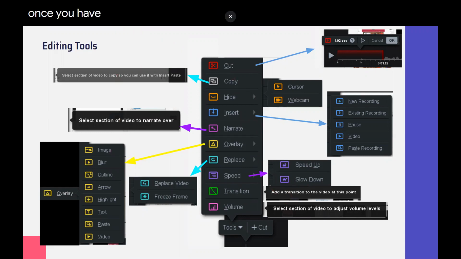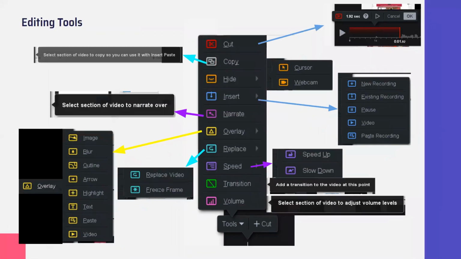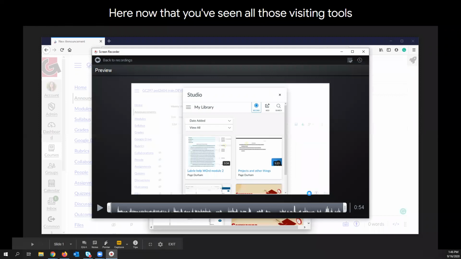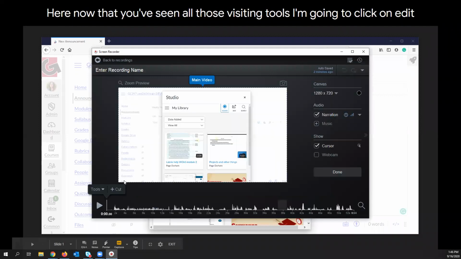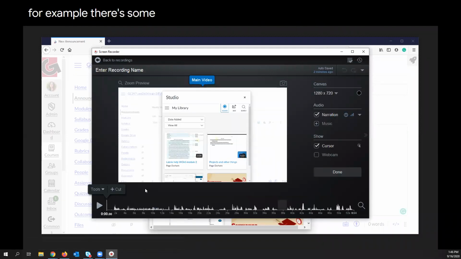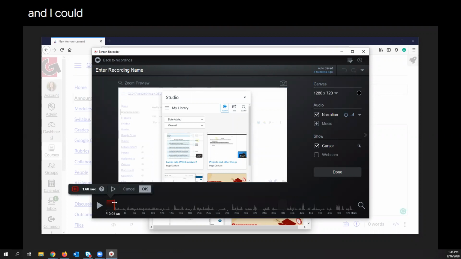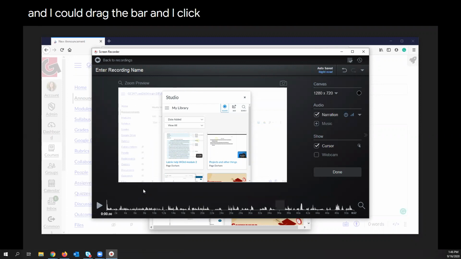Once you have decided, so now I'm going to pop back over here. Now that you've seen all those editing tools, I'm going to click on edit. For example, there's some dead time at the beginning of this. So if I click on the plus, then I could drag the bar and I click OK, and it automatically